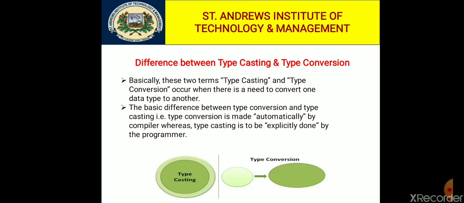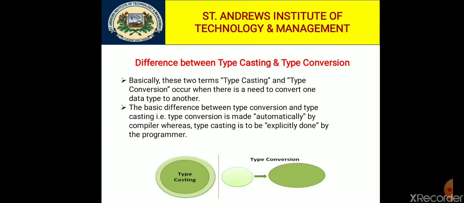If we are talking about meaning, we already know the meaning of typecasting and type conversion. Typecasting means one data type is assigned to another by the user using a cast operator. In this typecasting we need a cast operator, that means it is explicit type conversion. The second one is type conversion: conversion of one data type to another automatically by the compiler is called type conversion.